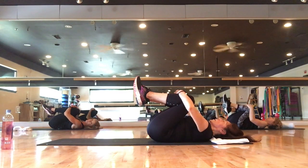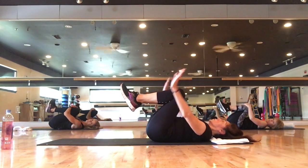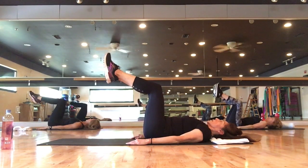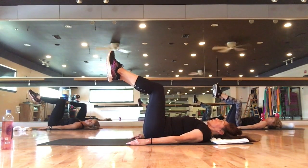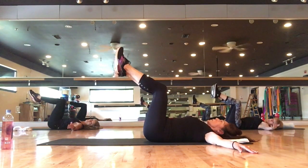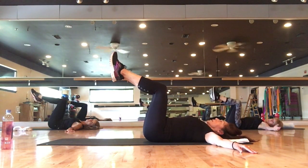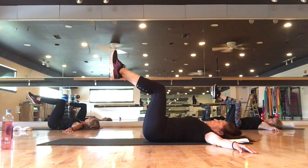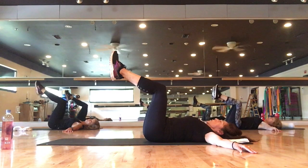All right, while we're here, you're going to release those arms. You're going to tabletop those legs. And what we're going to do is we're going to roll. Actually, let's move those arms horizontally outside our body. So, in this right angle, we are going to take both legs, just zip them up together, and you're going